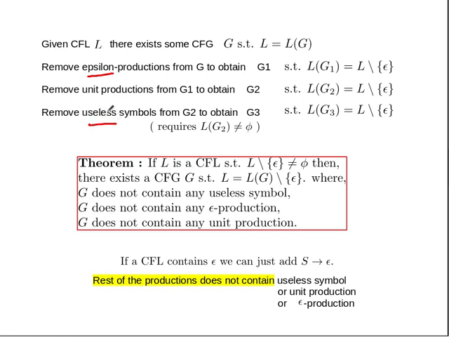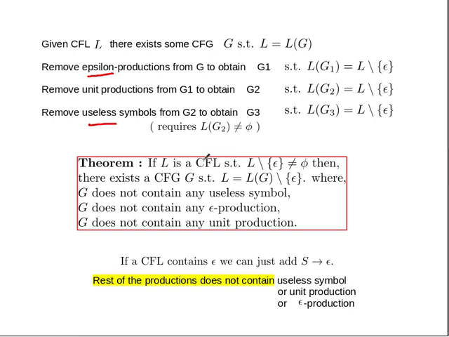So here we again use this two-step process by first removing the non-generating symbols and then removing the non-reachable symbols. But we did not introduce any epsilon production or any unit production. So after doing all three steps in this order, we are left with a grammar, say G3, where the language is the same as this thing minus epsilon. If it has epsilon, then there is just this minor discrepancy. So this is the big theorem that we have, that if L is a CFL,